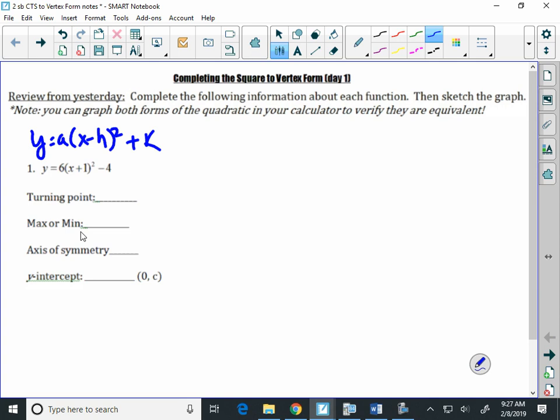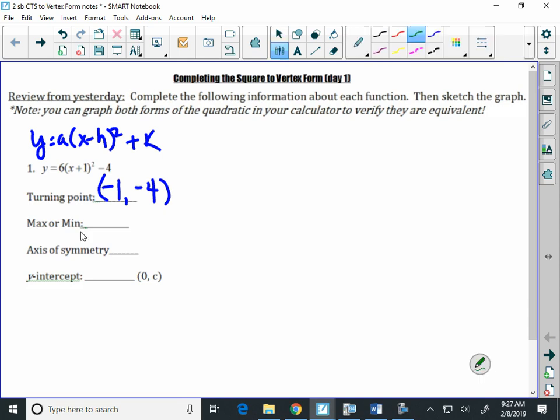And what we can tell from here is what the vertex is by looking at the parentheses and changing the sign of that number in there, and then taking the number on the outside and keeping it. This becomes (-1, -4). Secondly,